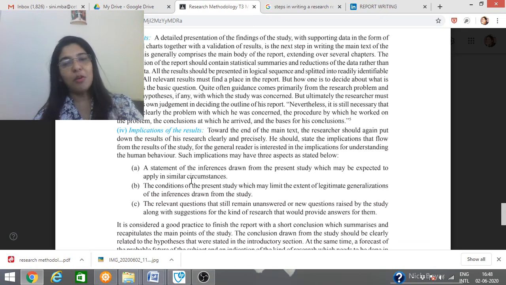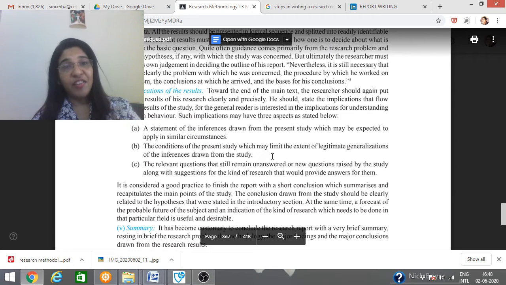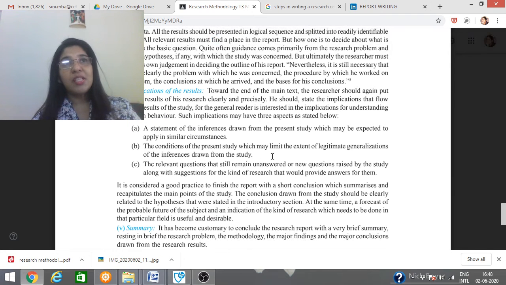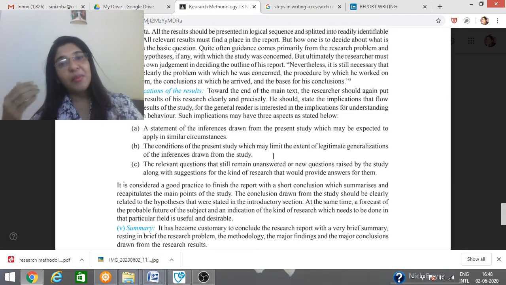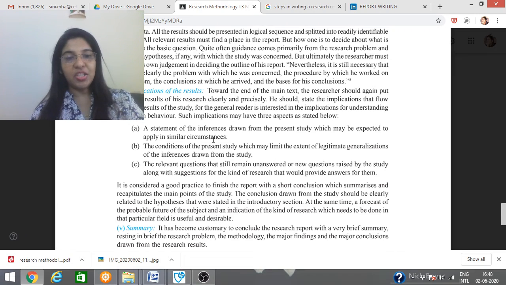All these things speak about the implications of the result. It includes the statement of inferences drawn from the present study, the conditions of the present study, the relevant questions, something which is unanswered and which can be taken as part of the next research will also be reflected in the implications of the result.